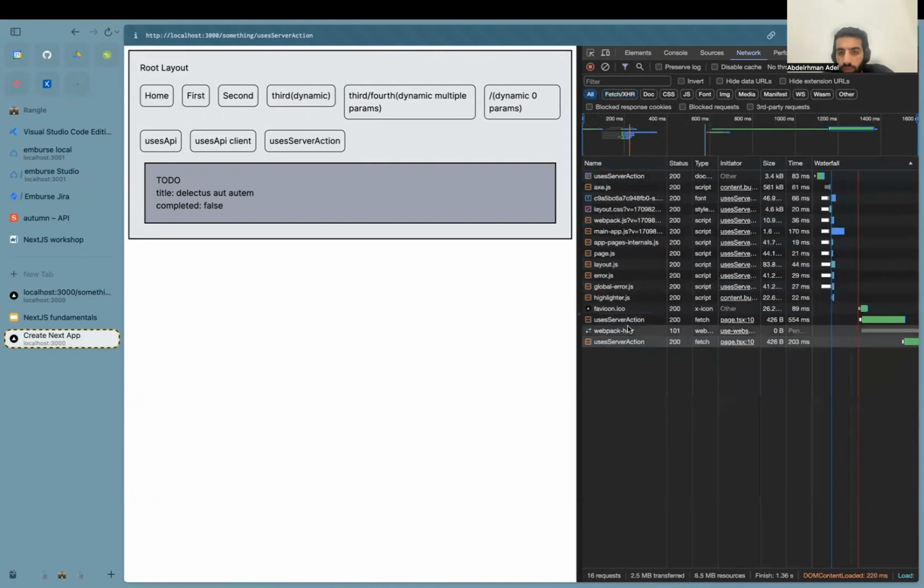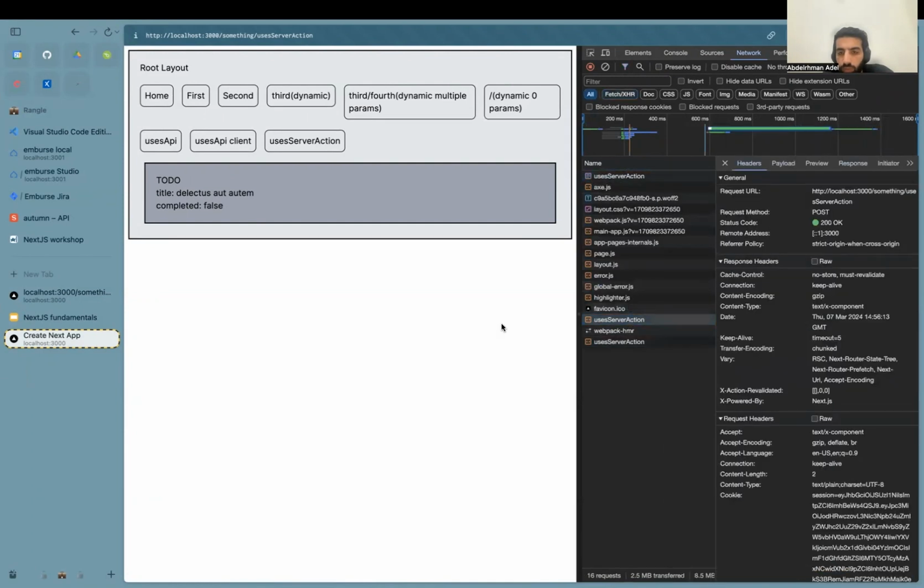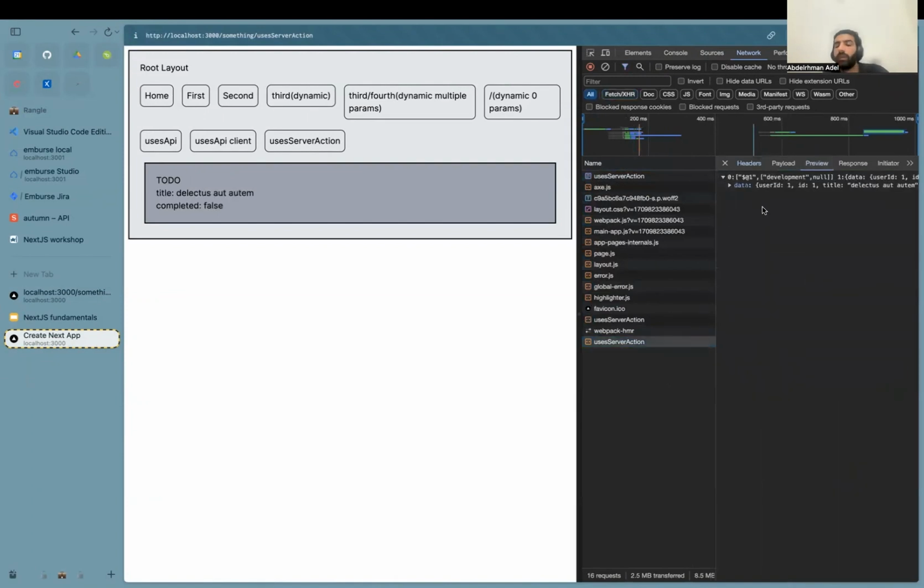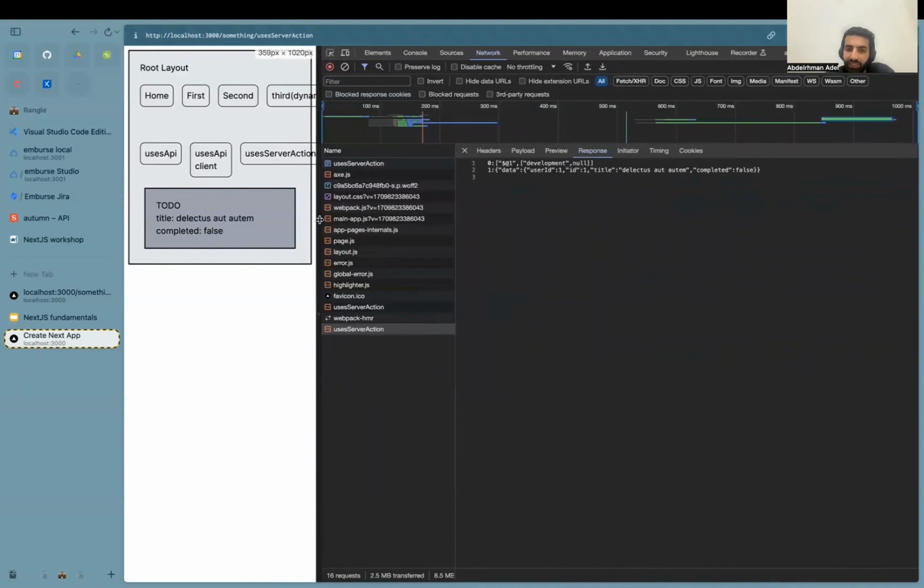Yeah, because this one should be second. Yeah, so this is the data that gets sent back from that server. It's basically the same thing, but if I take a look at the actual raw response without formatting it, it's a weird format, right? And if you want to understand what this format is and why it looks weird, then